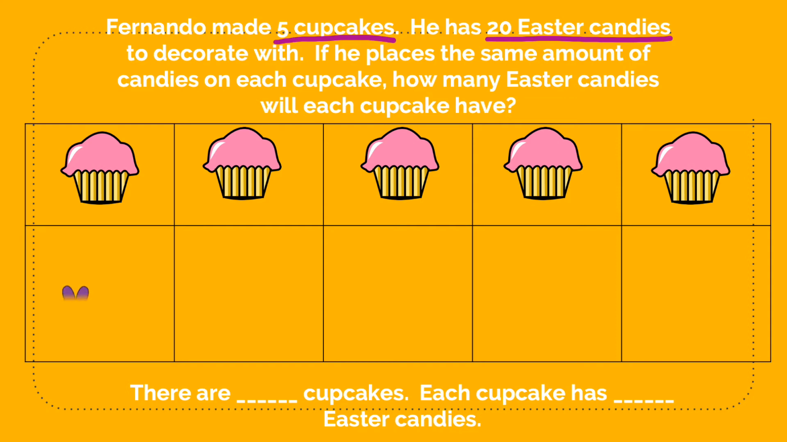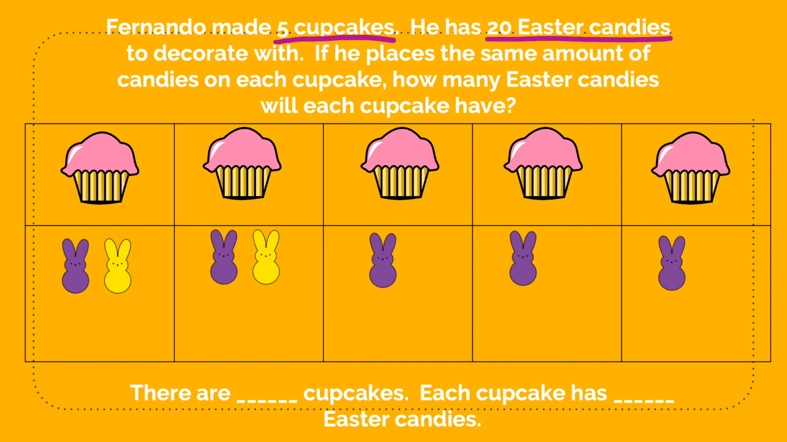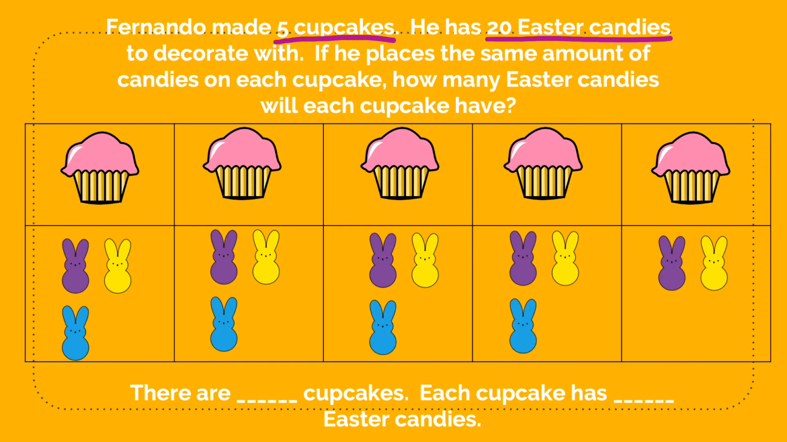So let's get started. 1, 2, 3, 4, 5, 6, 7, 8, 9, 10, 11, 12, 13, 14, 15, 16, 17, 18, 19, 20. Now that all of the 20 Easter candies have been separated or divided, to figure out